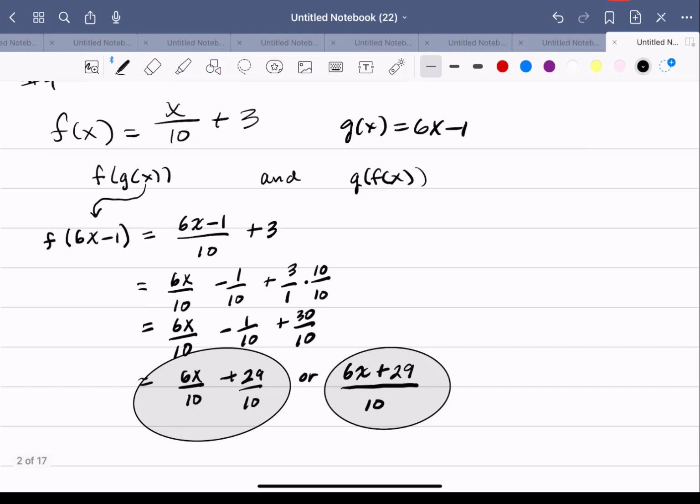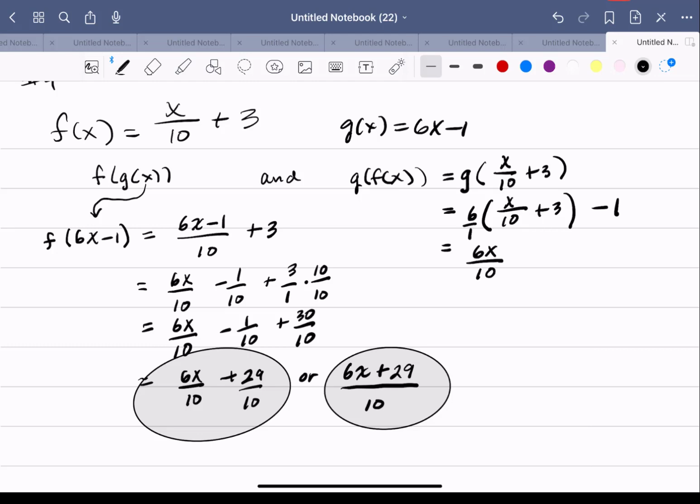Now to do g of f of x, that means I'm going to do g of x over 10 plus 3. So that means every time I have an x, I'm going to put x over 10 plus 3, and don't forget the minus 1. Now this 6 can be distributed, so remember there's a 1 under there. 6x over 10 plus 18 minus 1 is, we're going to reduce that 6/10, divide both by 2, so 3x